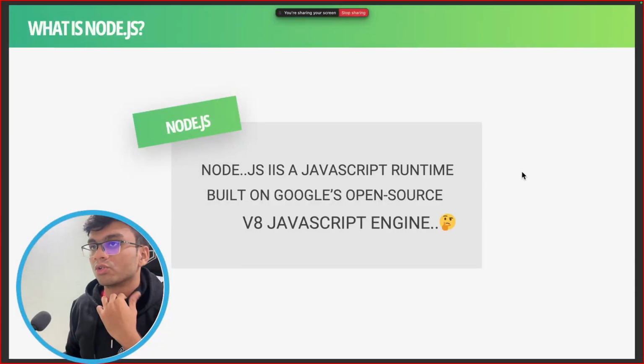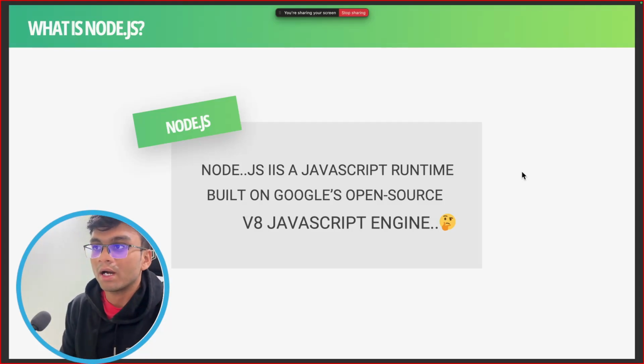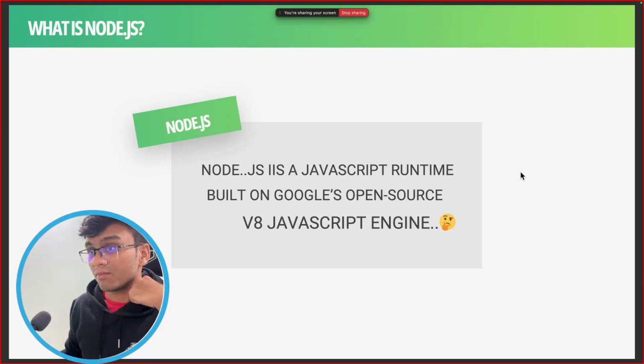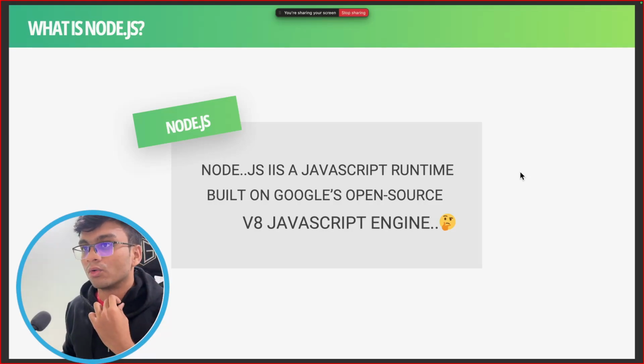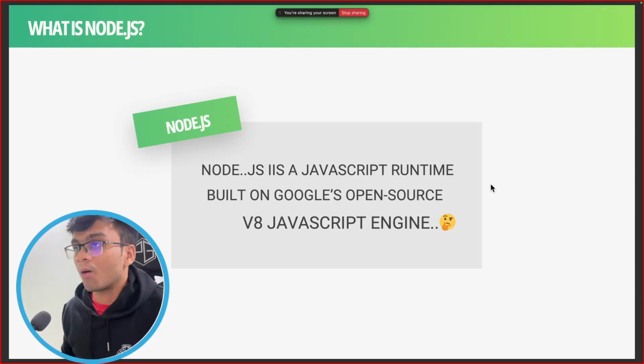All right. So in today's lecture, we would be focusing on the Node.js part. We would be covering a few of the theoretical parts first, and then we would be moving on to what exactly the code part looks like in Node.js. So first of all, let me make it very clear that Node.js is just a runtime, not a tech stack or a language. So we would first bust some common myths, and then we would move on to